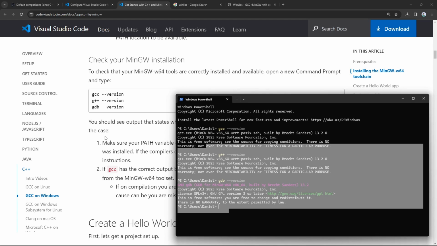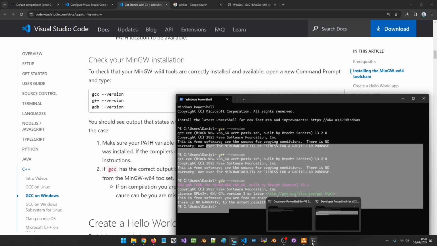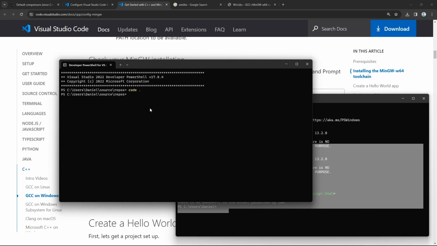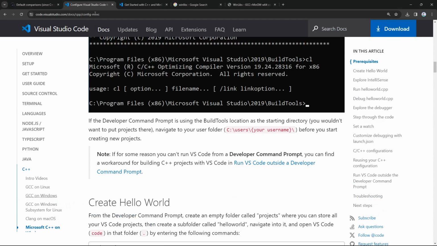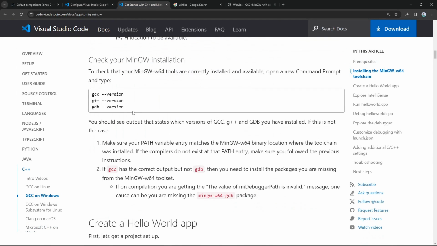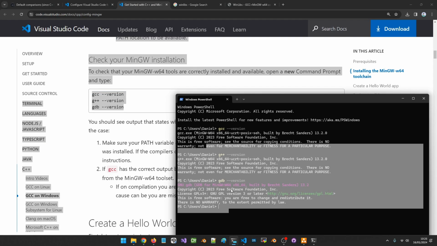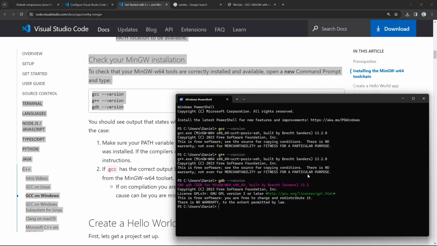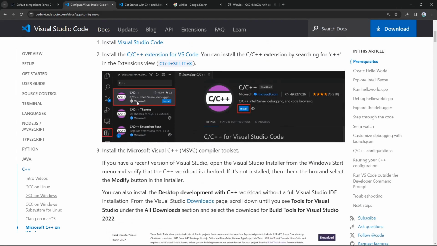We have MSVC installed because we can do cl on the terminal. I think we did it here. Okay, we can do it and see output as instructed by the documentation. We can also do the check to see if we have GCC installed through the terminal here. Everything is working fine. Now we can move on and install Visual Studio Code and the extension that is required